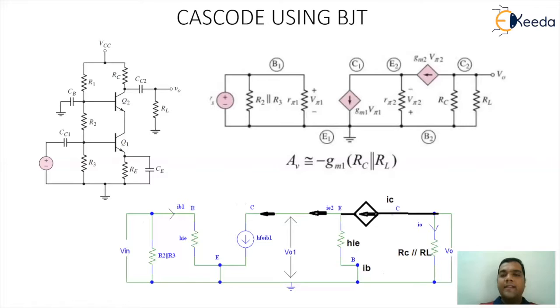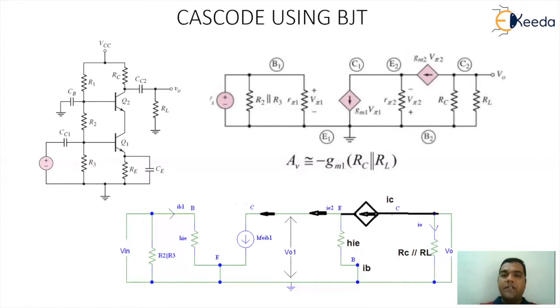Now, when you look at the AC equivalent circuitry, it can be realized in terms of hybrid pi model or even hybrid model or any other suitable model which is representing your transistor. So if you look at the top section, you can see the resistances R2 parallel R3 between the base point and the ground point. If your observation is sharp, we don't have R1 in the AC equivalent because R1 is basically redundant for the AC circuitry.